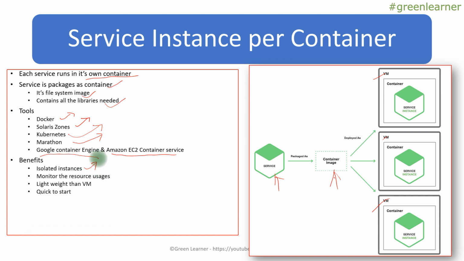This is an isolated instance. We can efficiently monitor the resource usage. It is lightweight compared to a VM. It is very quick to start. These are isolated instances, so there are fewer chances of clashing of processes. If I talk about the drawbacks, it is not as secure as virtual machines, and because containers are a relatively new concept, they are not as mature as VMs. VMs have certain drawbacks too, but they are more mature and most industries are using them. Containers are relatively new, but they are being adopted by very popular companies and are coming into trend.